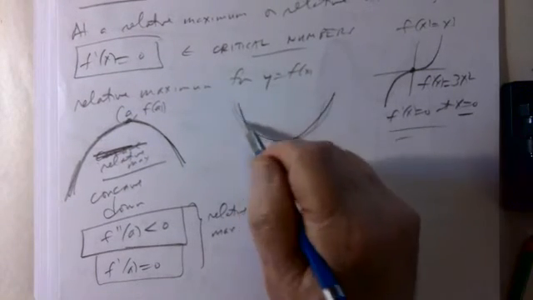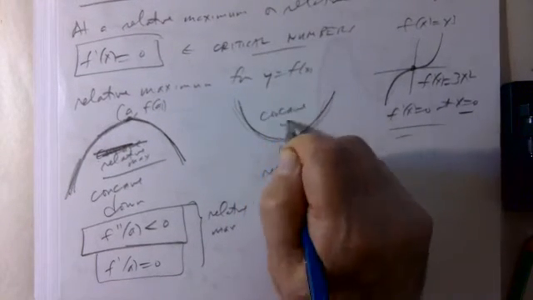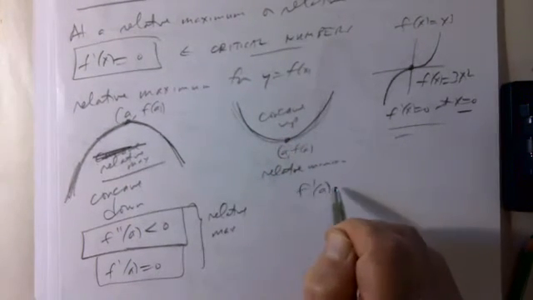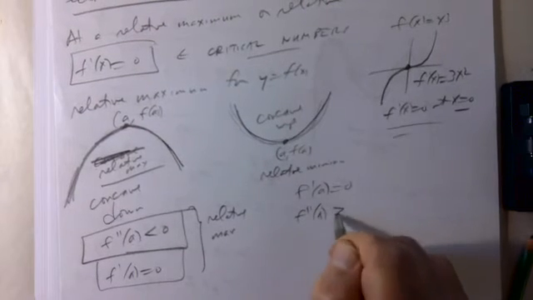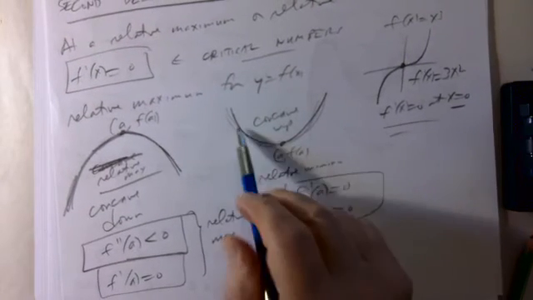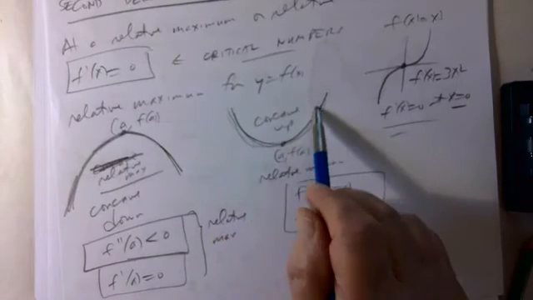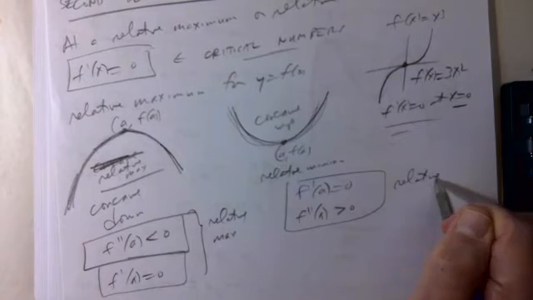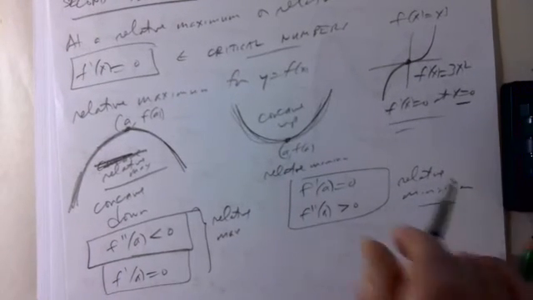Where you have a relative minimum, the curve is coming down and going up. This curve is concave up. So the first derivative is 0, and the second derivative is positive. The curve is concave up through that point, which means you must have